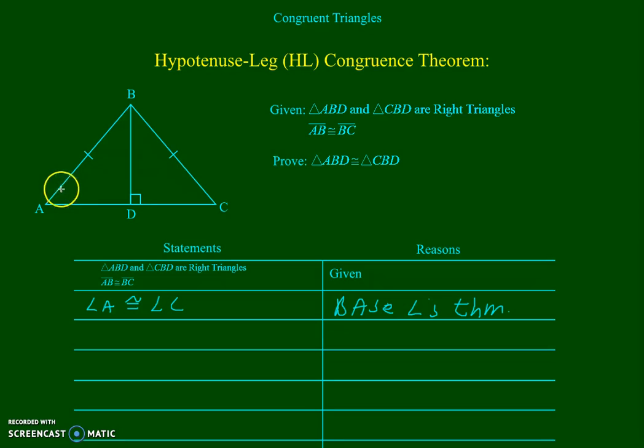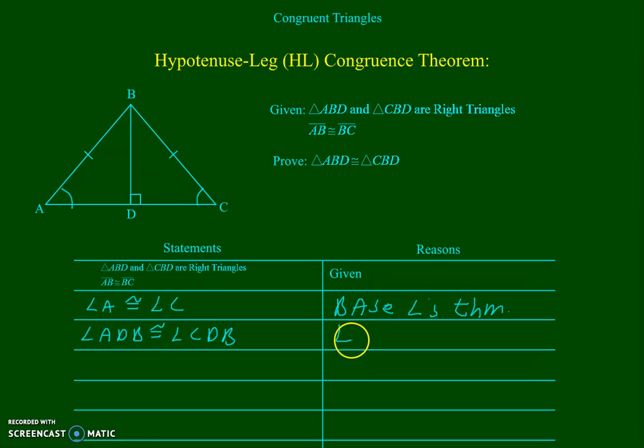And so we know that this angle is congruent to this. Now, since we know that these are right angles, we can say that angle ADB is congruent to angle CDB,